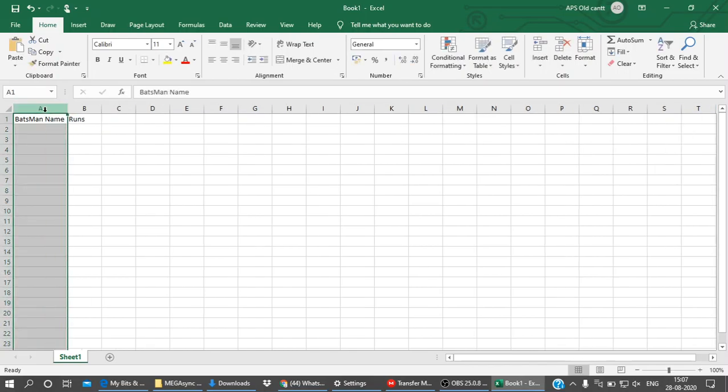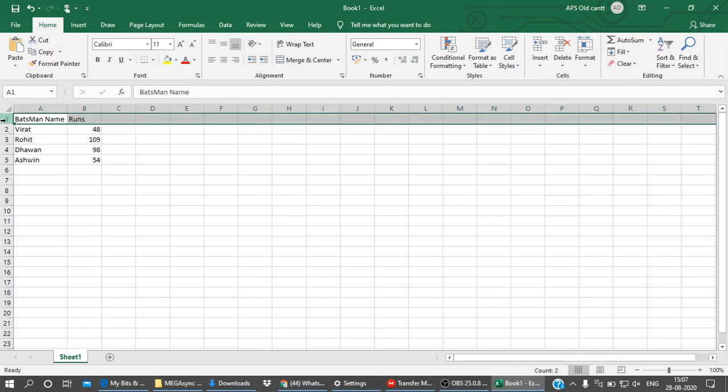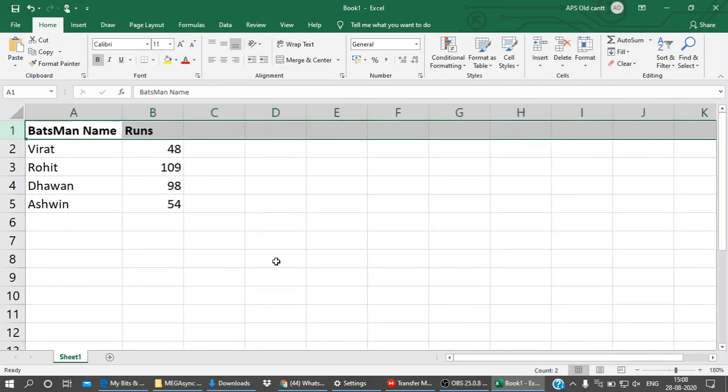And I want to represent it using some values: Virat, say 48, Rohit, say 109, Dhawan, say 98, Ashwin, say 54. So I have this and I want to represent this in a graph, in a chart. This is in a table and I want to represent this in a chart.